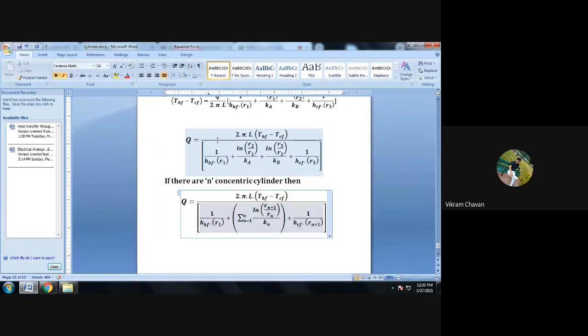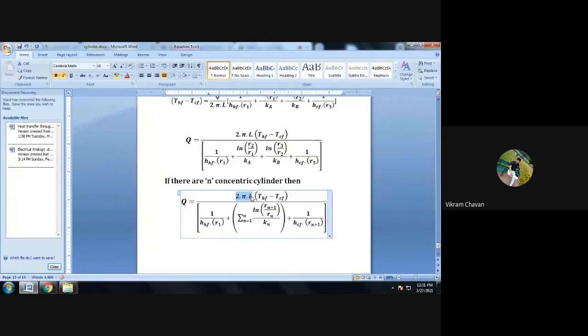तो उसके लिए हम ऐसे लिख सकते हैं, ये इक्वेशन कंसिडर कर सकते हैं। अब हमें क्या कंसिडर करना है कि जब n सिलेंडर हो, हमें क्वांटिटी पता नहीं है, तो उस केस में हम इक्वेशन कैसा लिख सकते हैं? जनरलाइज्ड इक्वेशन कैसा लिख सकते हैं? तो जो न्यूमरेटर साइड है वो वैसी की वैसी रहेगी, उसमें चेंज नहीं होगा, क्योंकि 2 पाई L कांस्टेंट है।